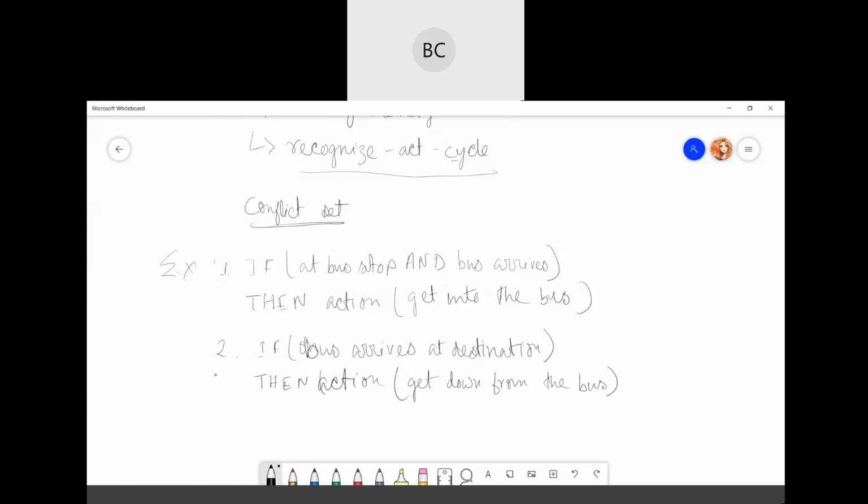Okay, so these are some examples of production rule based knowledge representation. So everything will be in terms of if and then. If this is the condition, then perform this action.